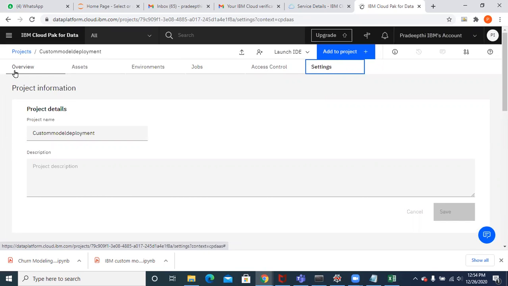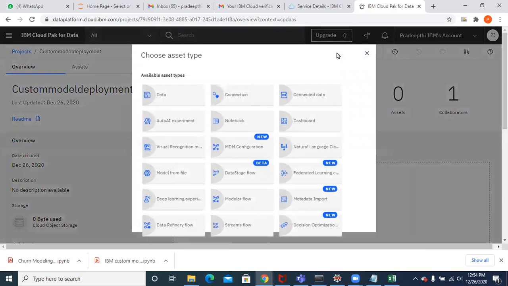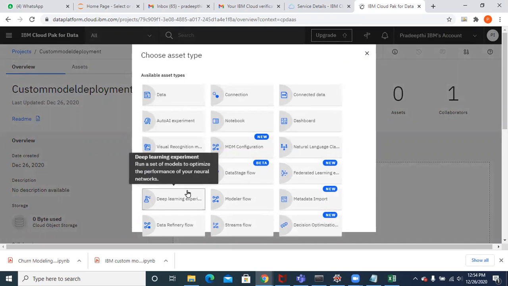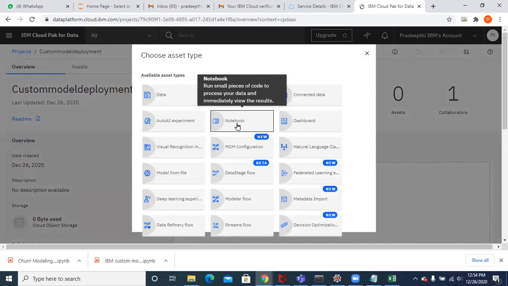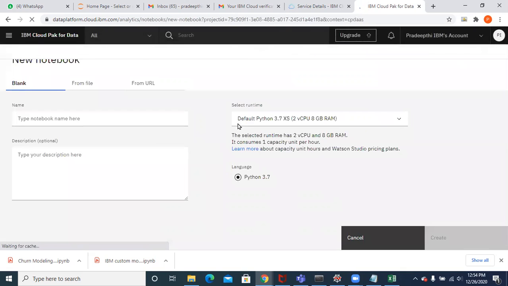So now let's add the Jupyter notebook. To do so, please click on add to project. Click on Jupyter notebook. You can see here you have an option called notebook. Please click on that. Now you have to load the machine learning model that you've already built